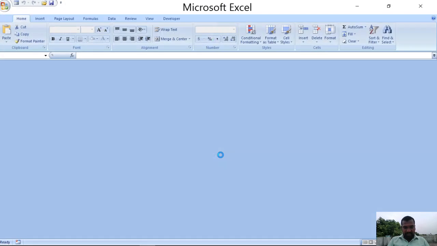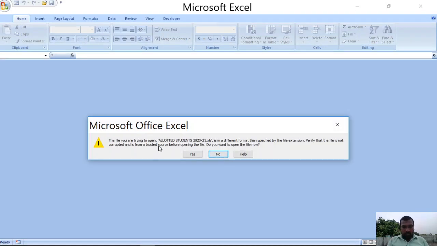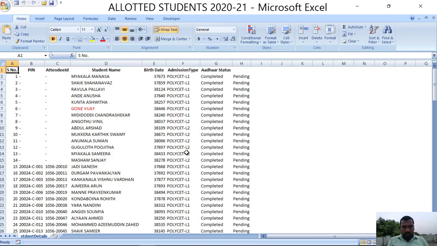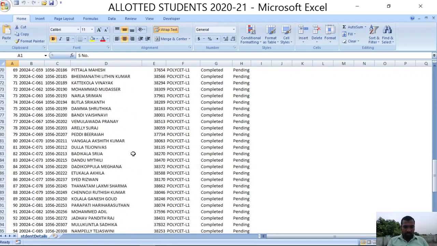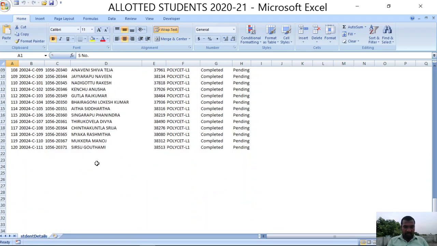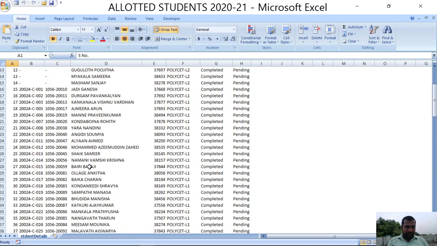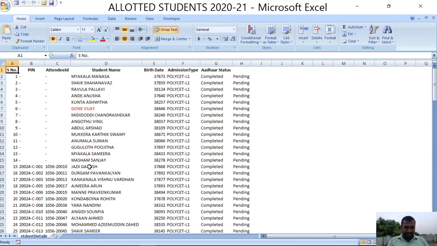Here is an Excel file which contains the data of yours only. These are the 120 students that are allotted to our institution in the polytechnic counseling.